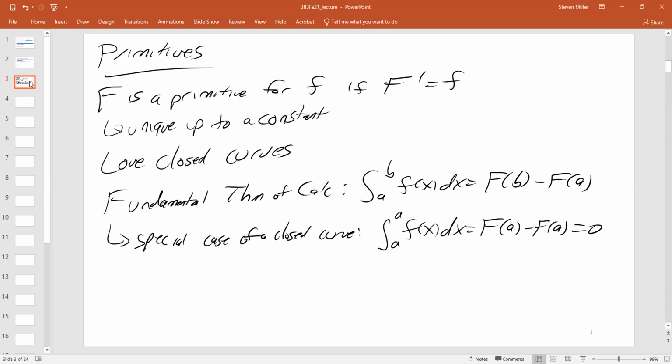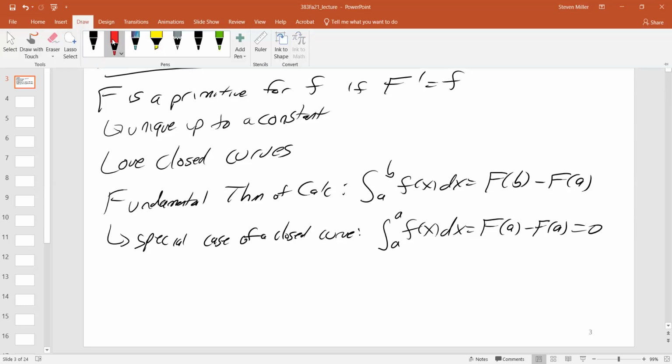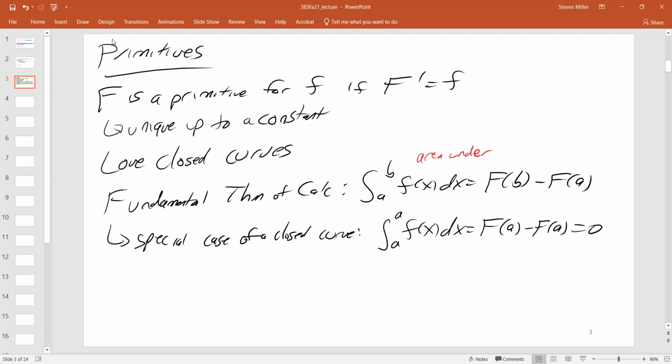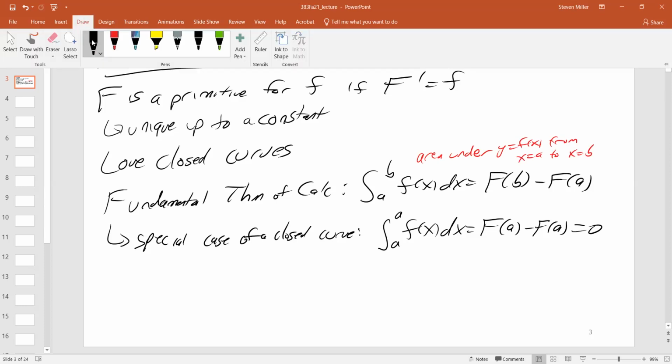This truly does not merit the name fundamental. And we have to remember that what we're doing here is computing the area under y equals f of x from x equals a to x equals b. If I don't use the word area, this is not the fundamental theorem of calculus, this is the fundamental definition of calculus. The content is that you can compute the area by knowing the antiderivative. If I don't say area, there is nothing to be excited about.